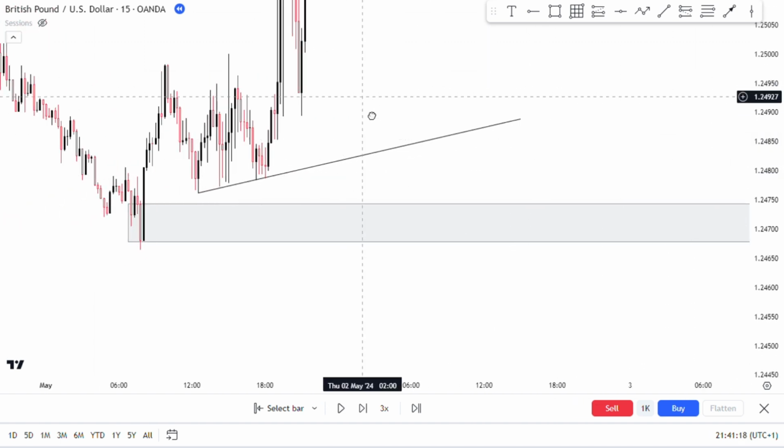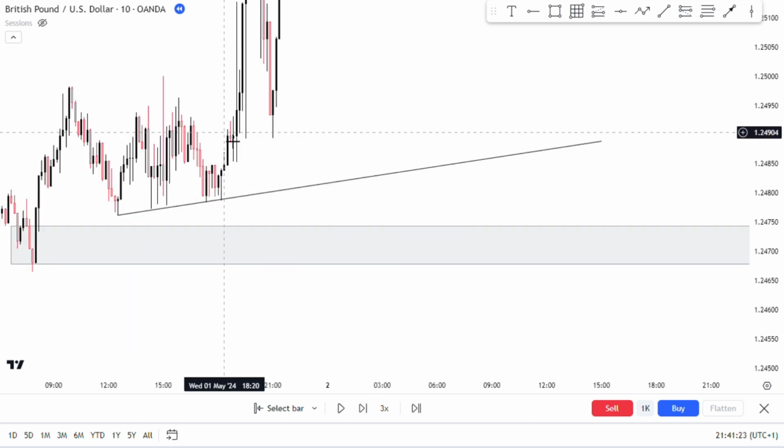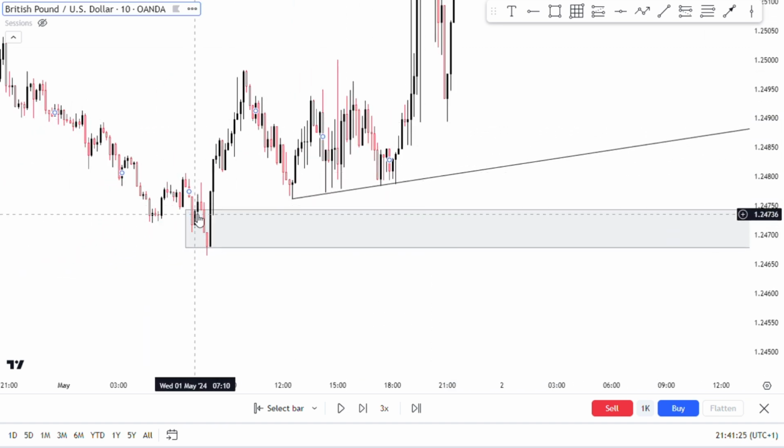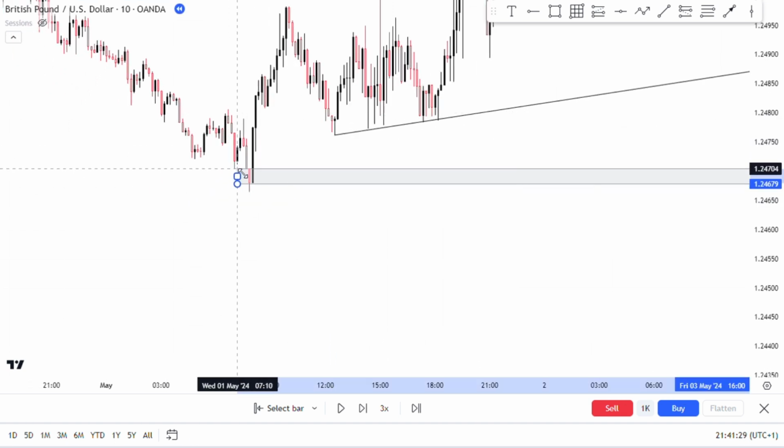So we can also go down to the 10 minutes time frame. Let's check the 10 minutes time frame. Let's see, maybe we are going to see another order block. So on the 10 minutes time frame right now, we see another order block. We are not going to make use of this particular order block because we have a fair